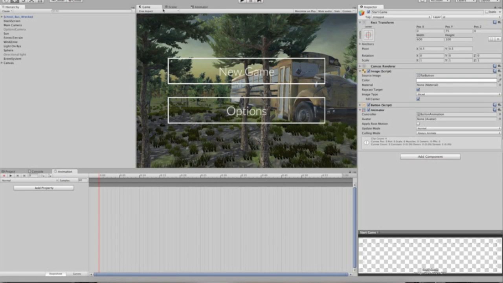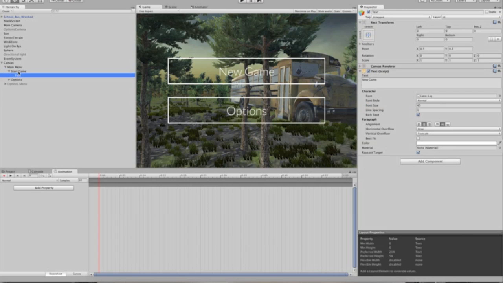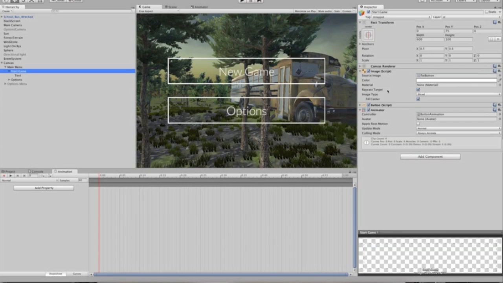With the Animator window open, I want to select the item that I want animated. In this case, it's the button. Make sure it's the one with the button component attached to it, not its text inside of it, but the one with the button component. And you'll notice in the animation window I've got 4 states. I've got normal, highlighted, pressed, and these are all different animations I can play depending on how I interact with